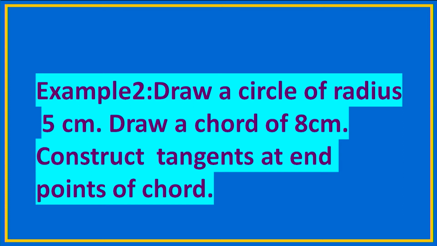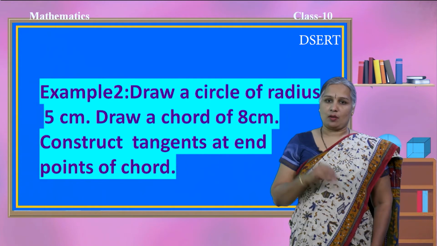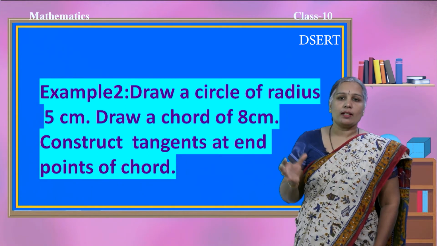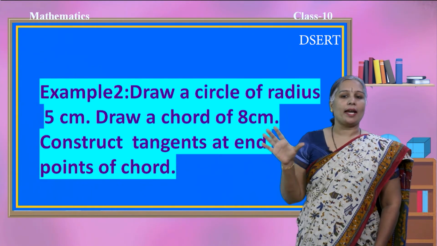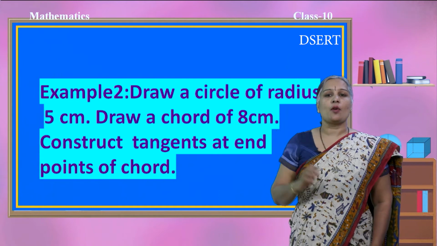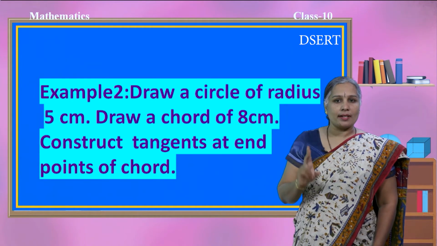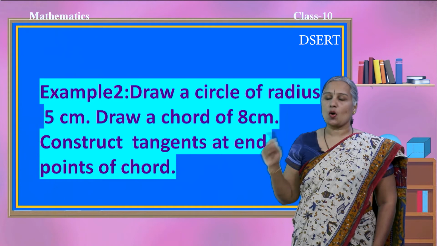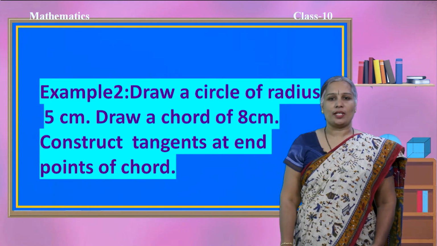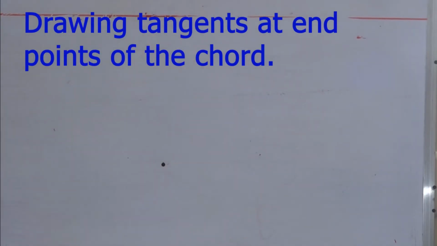You know what is the chord? Chord is a line segment joining any 2 points on the circle. You might also be knowing that the largest chord is our diameter. Okay. Now we will create a chord of 8 cm. Then we have to draw two tangents at end points of the chord. Let us see how to do this. To do this construction, let us